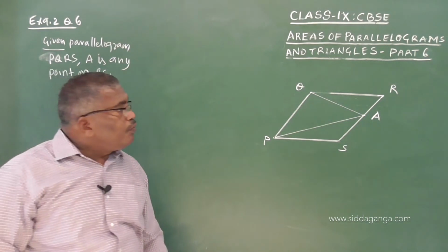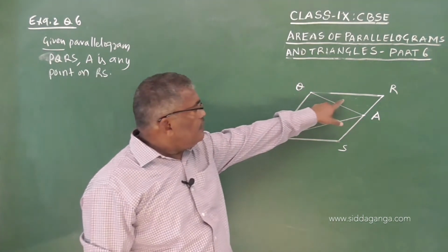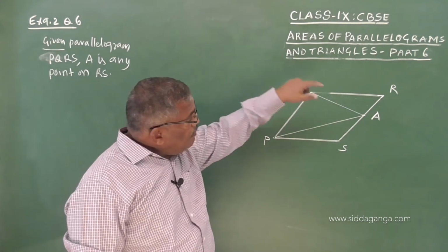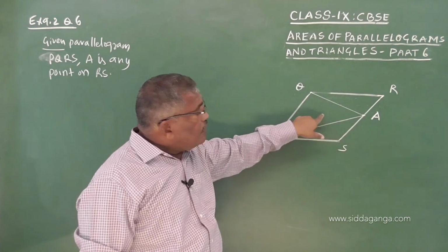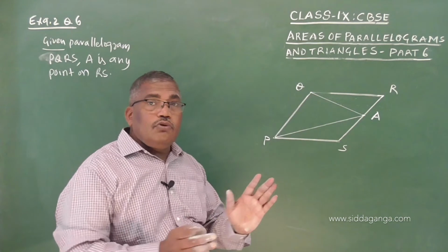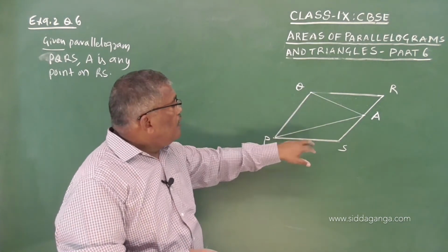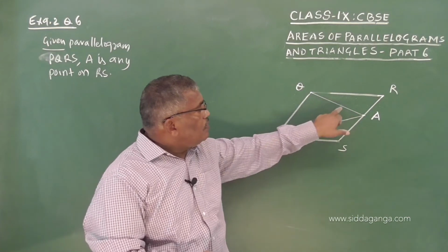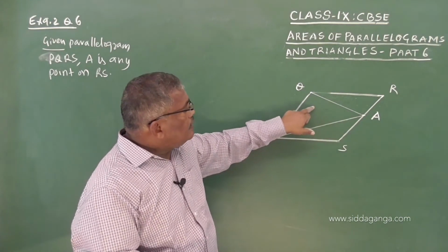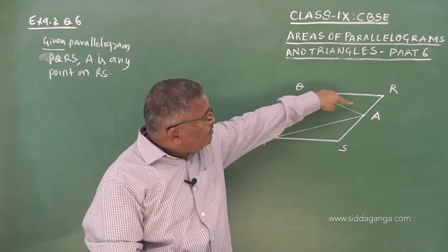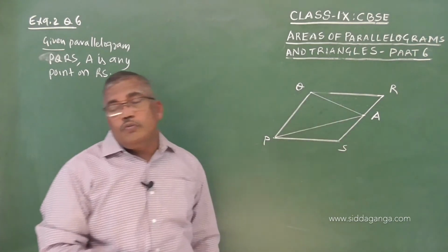See, what do we have to prove? We have to prove that there are 3 triangles here, and that the sum of 2 triangles is equal to the third triangle. So, that means we have to divide the area into 2 equal parts. So, either this triangle is equal to the sum of these 2 triangles, or the middle triangle is equal to the sum of these 2 triangles, or the sum of these 2 triangles is equal to the other, so that we have to prove.